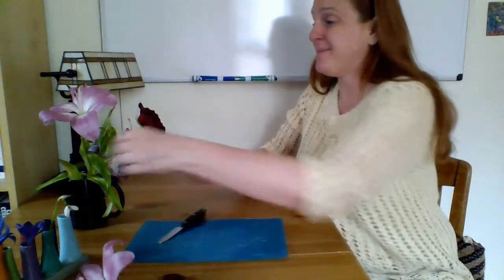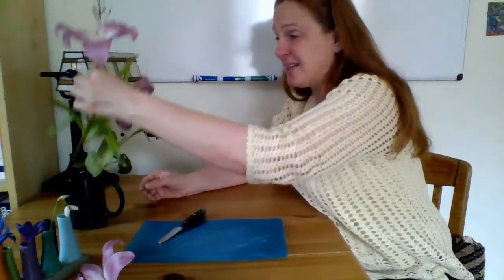Now, what's missing from this flower is the carpel. For a lot of flowers, when they mature and get older, the carpel layer deteriorates. Sometimes it is the first structure to deteriorate. But I am happy to show you that in this lily, we have a very dramatic carpel layer.